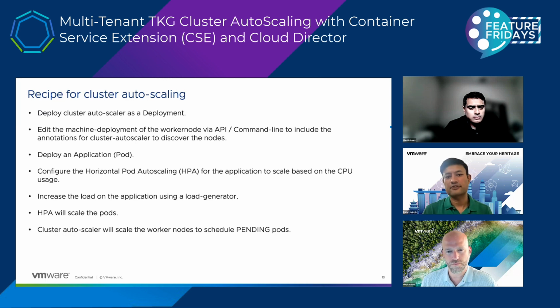Now, the third aspect of that is to really test everything out. You can deploy an application or a pod. You can configure the horizontal pod autoscaling for the application to scale based on the CPU. You can increase the load on the application using something like a load generator. The horizontal pod autoscaling will scale the pods, but what will happen at this stage is some of the pods will go into a pending state. And the reason why those pods will go into the pending state is because the nodes will not have enough resources to cater for those pods. And then the cluster autoscaler will kick in. It will then scale the worker nodes,